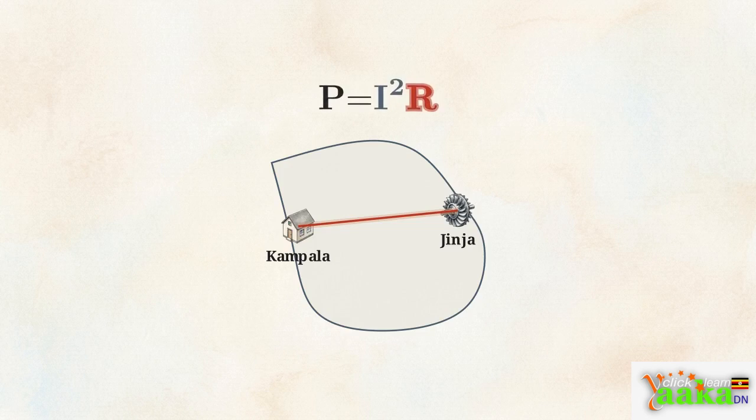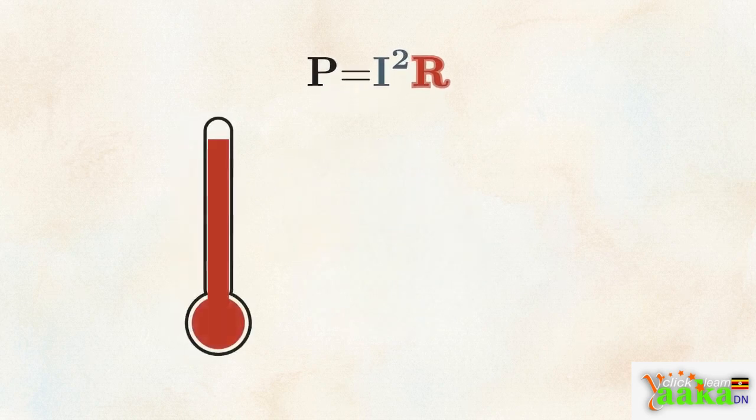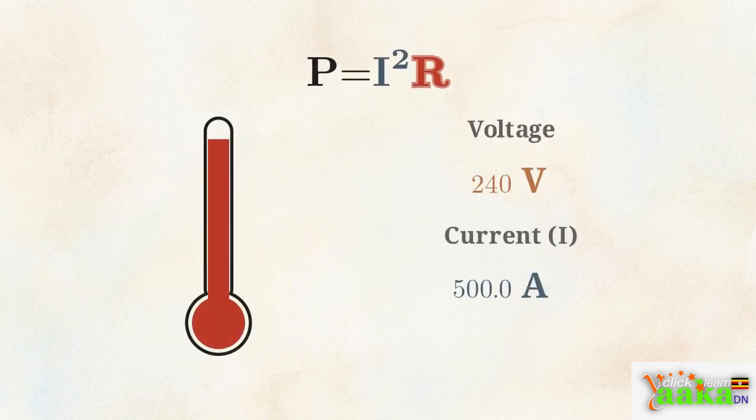This math traces transmission lines connecting cities across Uganda. When electricity travels these vast distances, power is lost as heat, calculated by the formula current squared times resistance. Because power loss scales with the square of the current, keeping the current low is critical. By stepping the voltage up incredibly high, the current shrinks proportionally, preventing mass amounts of energy from burning off as